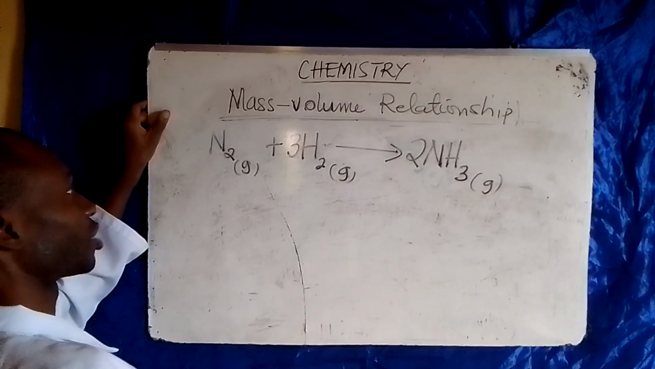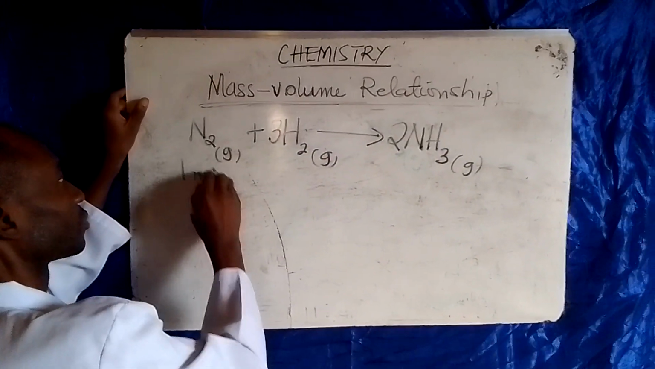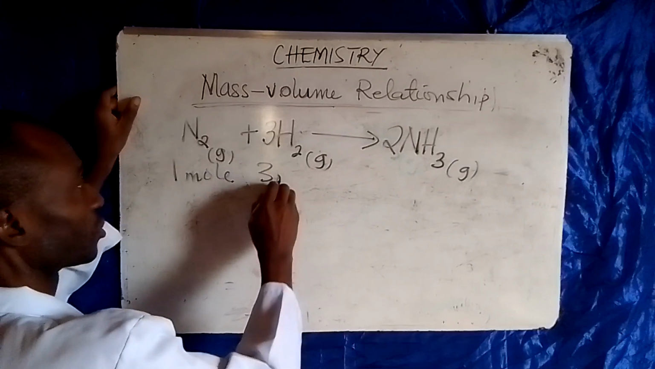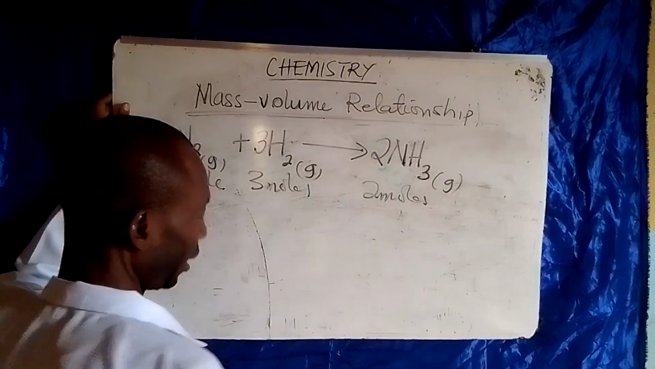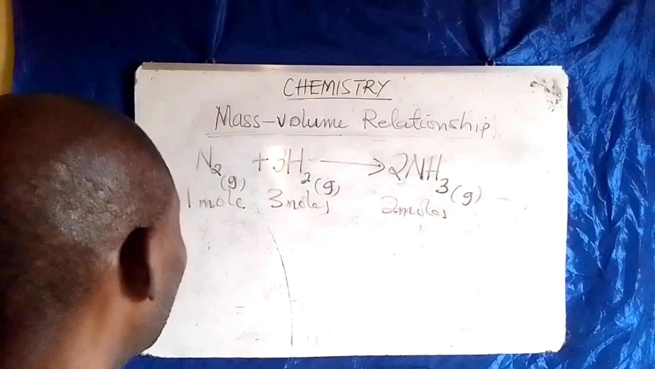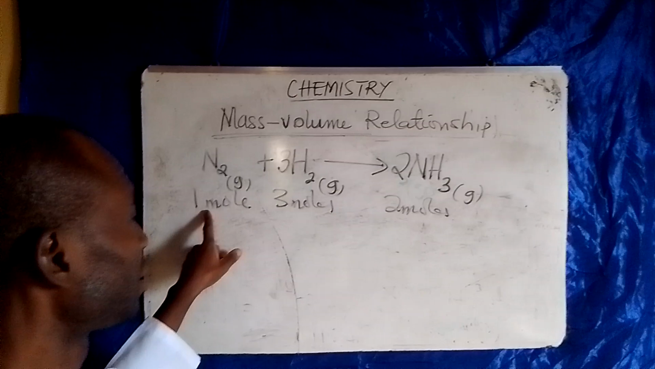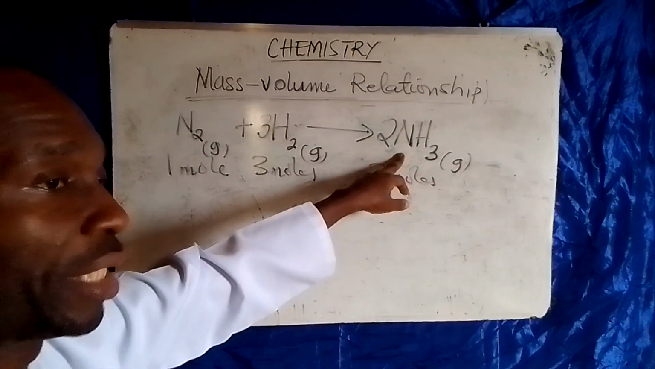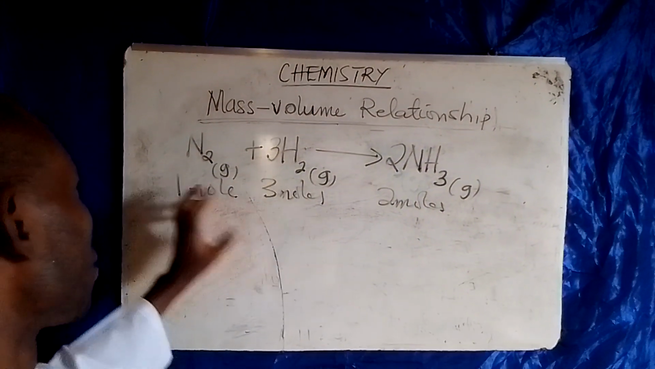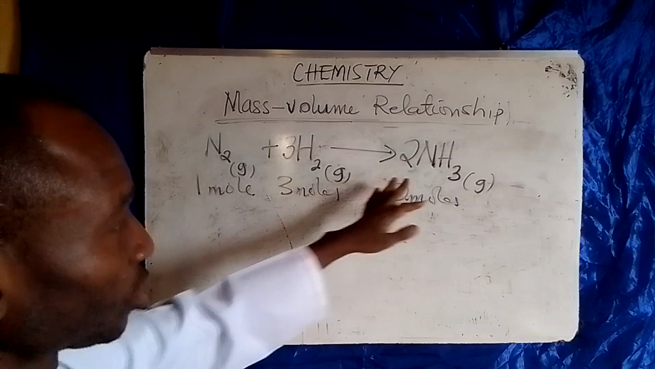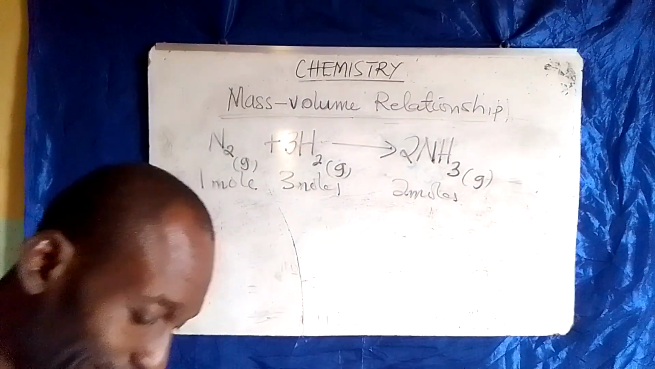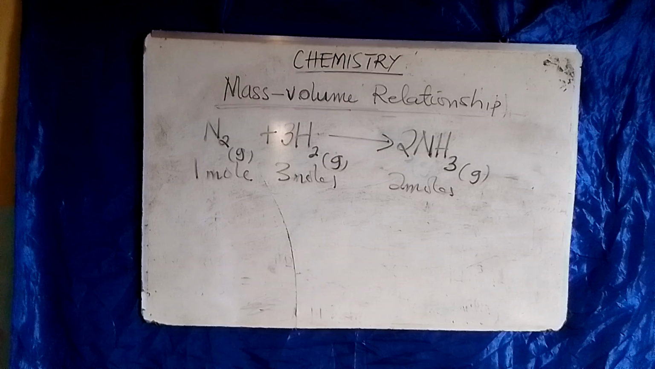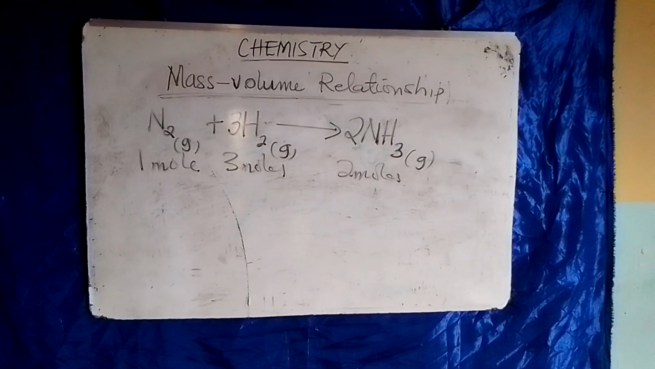In this, you see that we have 1 mole, 3 moles, and 2 moles. And we are concerned with nitrogen and the ammonia, where the mole ratio is 1:2. So the next thing to do is to find out the number of moles in 11.2 dm³